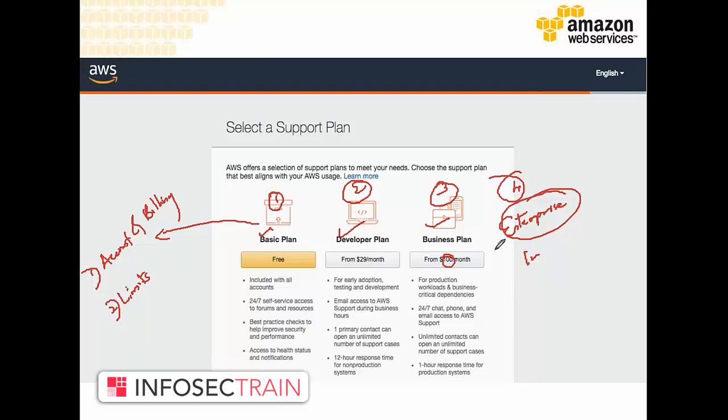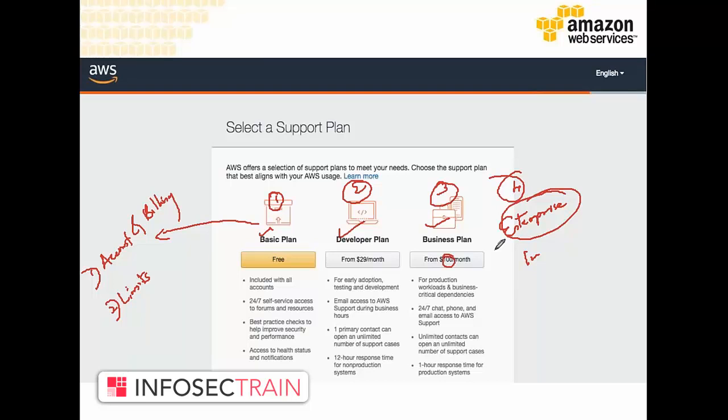Yeah. So, for example, the critical businesses like banks and hospitals, which are very critical to life or services, they use enterprise. I just want to understand from a company perspective, if we are going to propose to a company to have cloud and AWS services, according to our needs, we need to